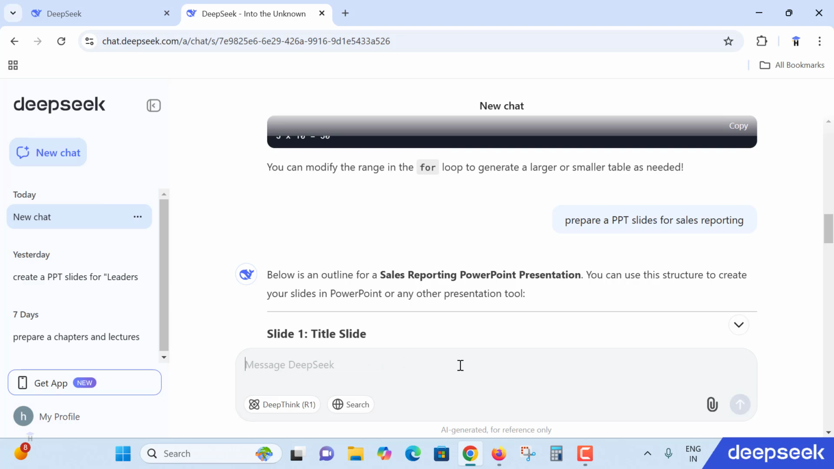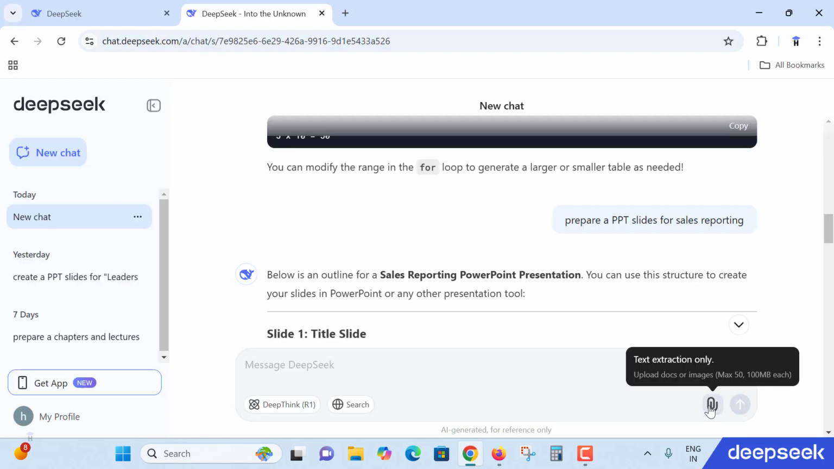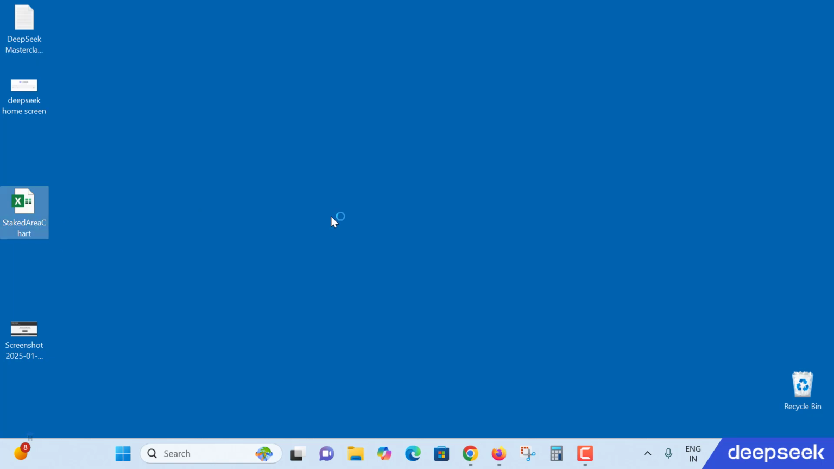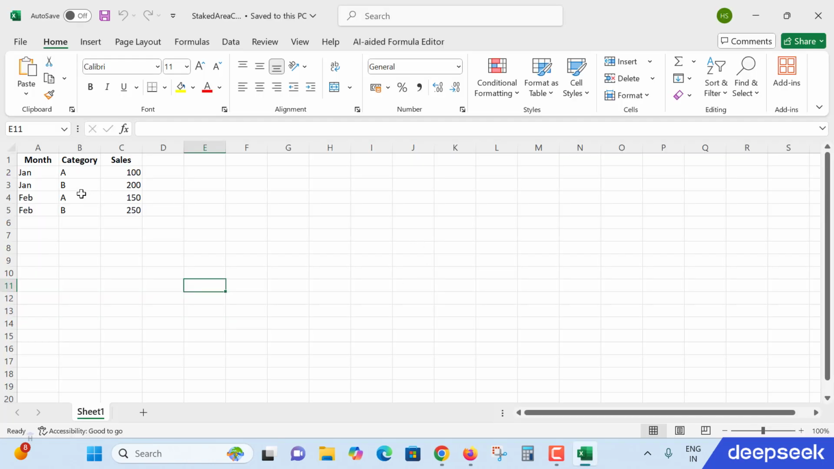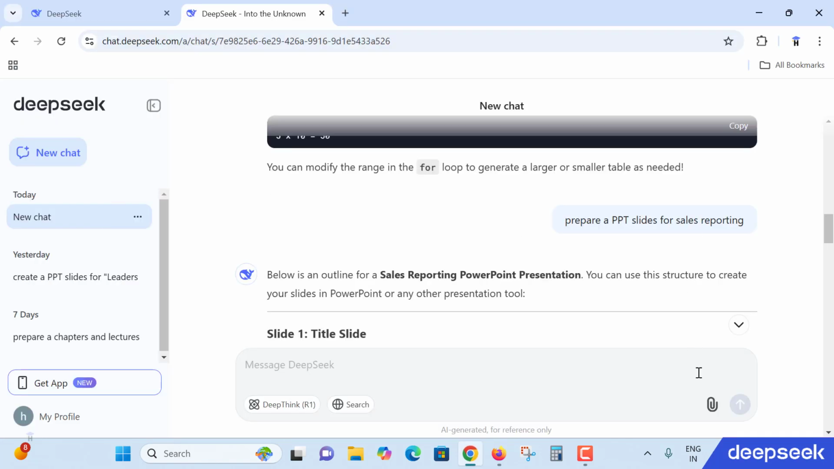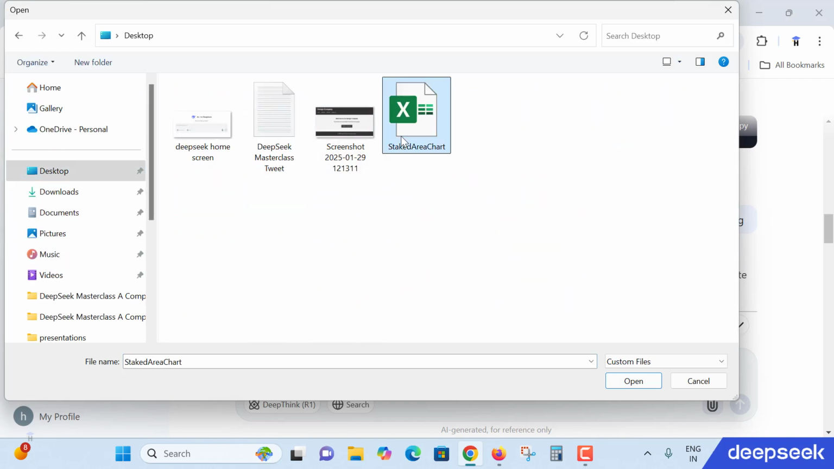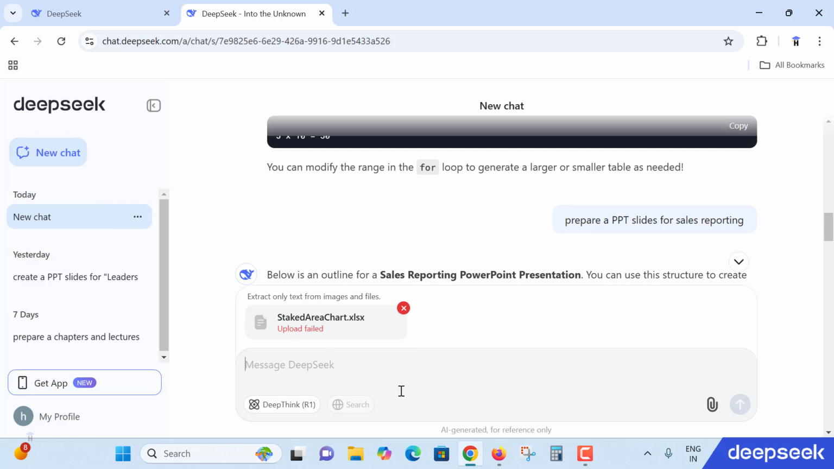Beautiful. Now we will see a sales report. There is an option called text extraction. Yes, uploading docs and images to extract the text also. So what I am trying to show you here is that I have Excel data, monthly category sales. So this is the data. I am uploading this file to get sales analytics reports. Let's see. For that, go to the pin here and go to desktop. Yeah. So Excel is uploaded. So using this file